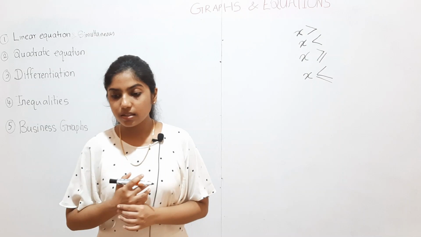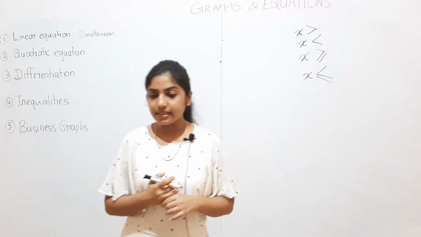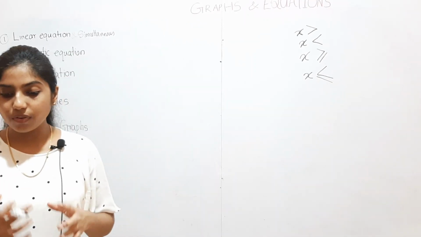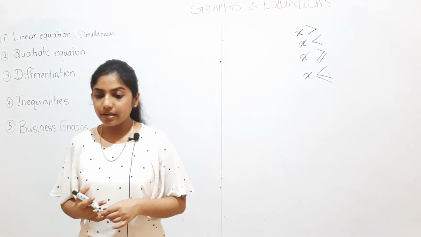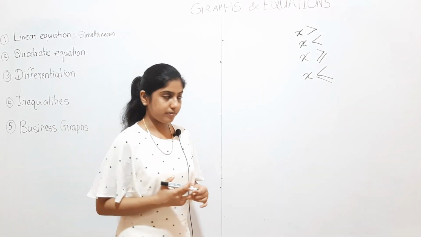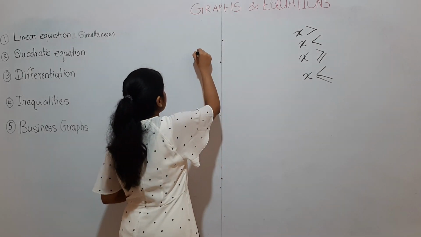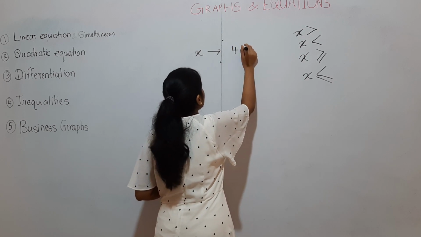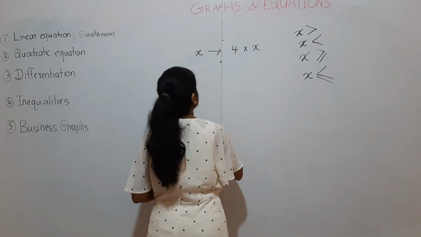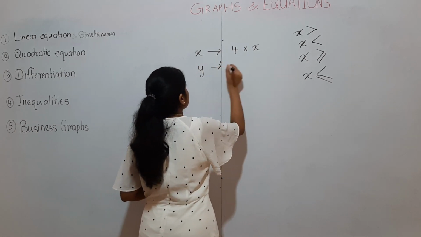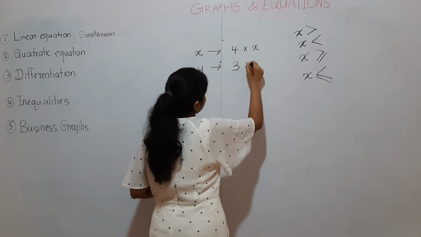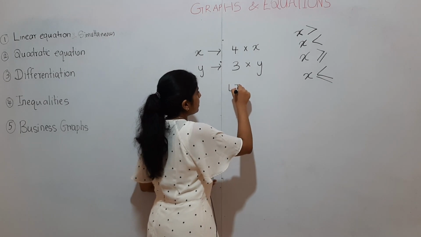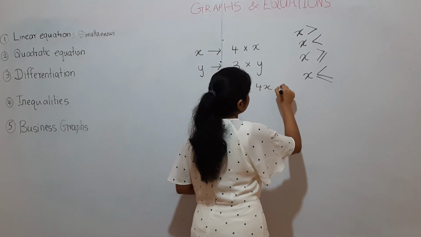Now let's try an example. They say a company made two products X and Y. X took 4 hours to make and Y took 3 hours to make. Derive a formula for total labor time. If X took 4 hours to make, total hours for 1 unit of X will be 4 multiplied by the number of units of X. And for Y, if it took 3 hours for 1 unit, it should be 3 hours multiplied by the number of units of Y. Therefore, total labor time will be equal to 4x plus 3y.